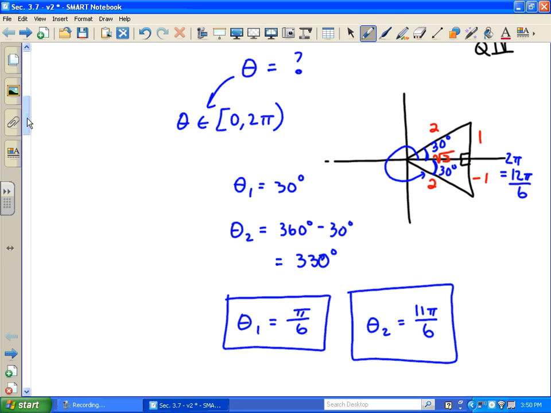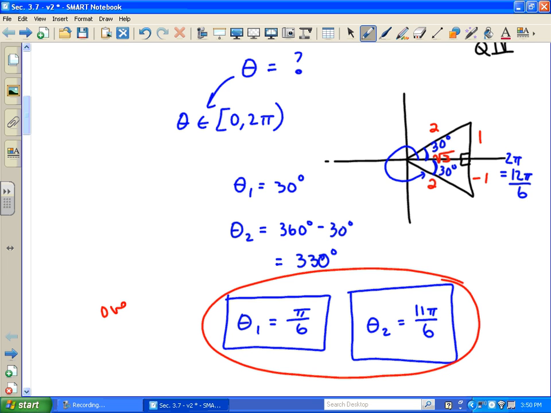Now, these are the answers over 0 to 2 pi. Okay, what would happen if I need to give all solutions? Well, all solutions basically means that for the answer in the first quadrant,